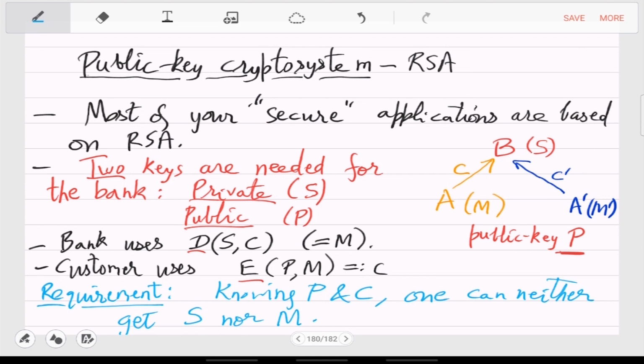Even over days or years, let's say for 1 year, the adversary keeps trying, looking at your messages,